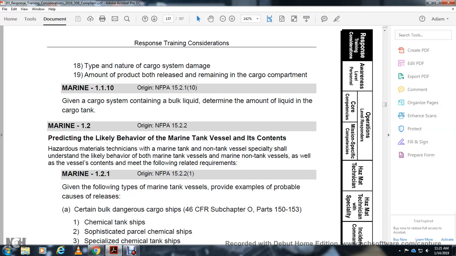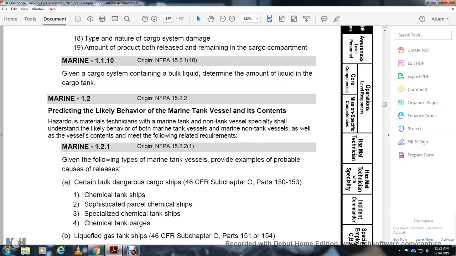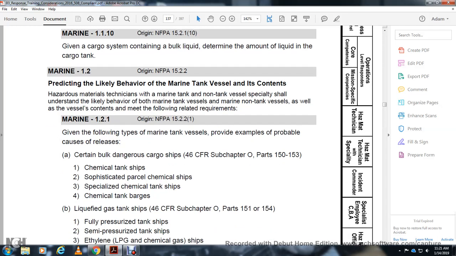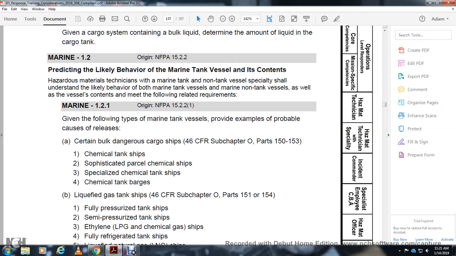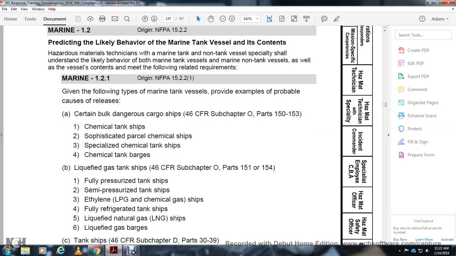Title 46 CFR Subpart O, Parts 150 through 153: chemical tank ships, sophisticated parcel chemical ships, specialized chemical tank ships, chemical tank barges, and liquefied gas tank ships. Title 46 CFR Subpart O, Parts 151 through 154: pressurized tank ships, semi-pressurized tank ships, ethanol, liquid petroleum gas, chemical gas ships, fully refrigerated tank ships, liquefied natural gas ships, and liquefied gas